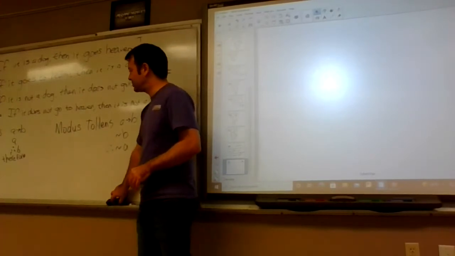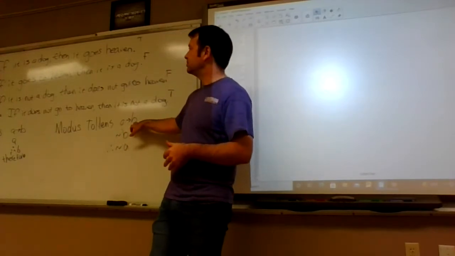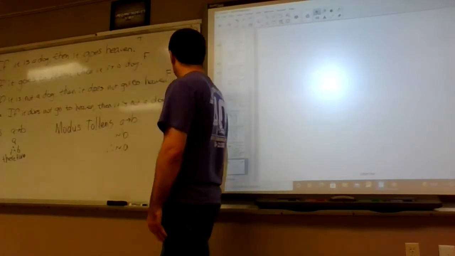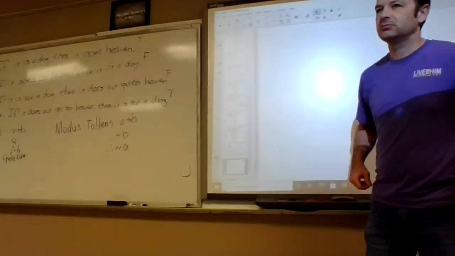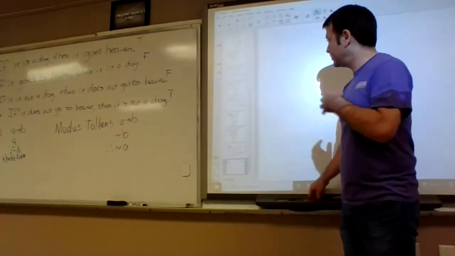That's, I think that's the only symbols they used. This means if A then B. So if it's a dog, then it goes to heaven. Because that means like if not B, then A didn't happen. I think I got it. So we pretty much know what the symbol is. So deductive reasoning.